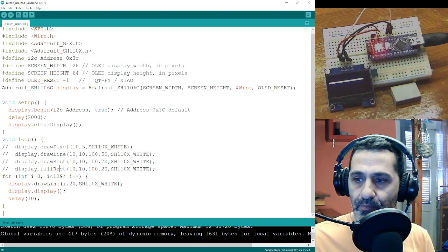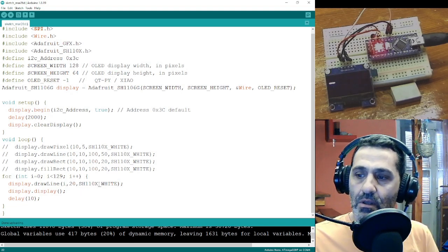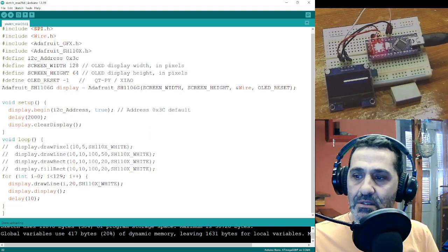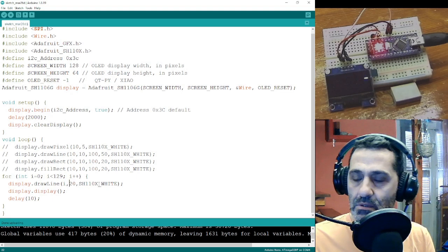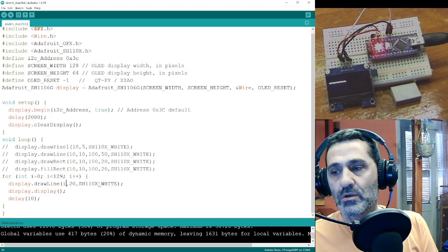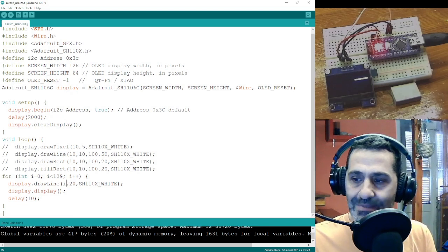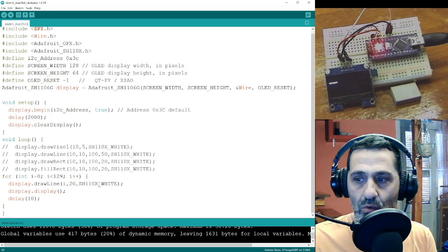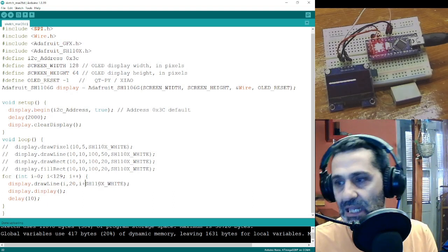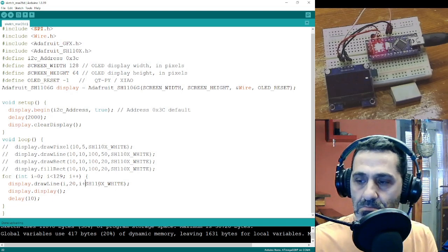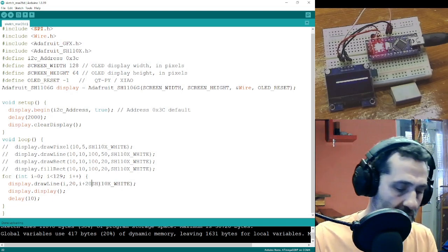And we will start from, let's see, from 0.20, and the line will go up to I plus 20,